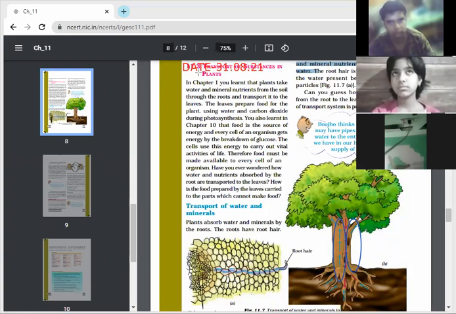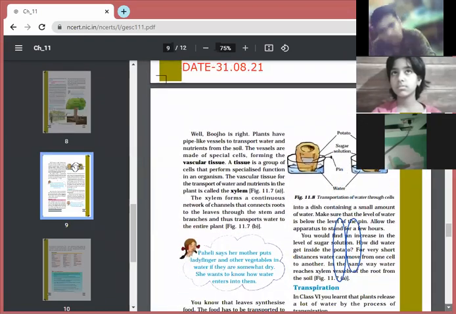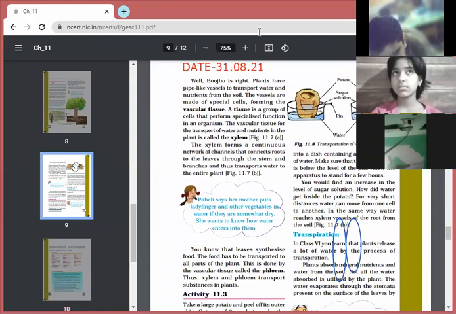These are the xylem tubes, which transport water and nutrients to the leaves. So xylem transports water and minerals because it has to move to the leaves. That's why the movement is upward. And for the next one, the movement is downward because the phloem is a vascular tissue that carries food.